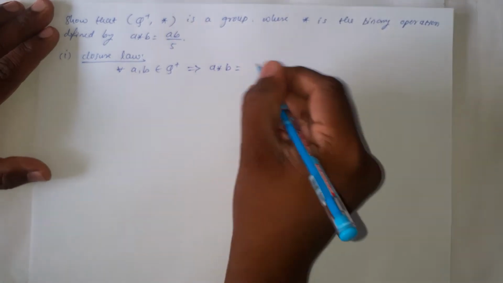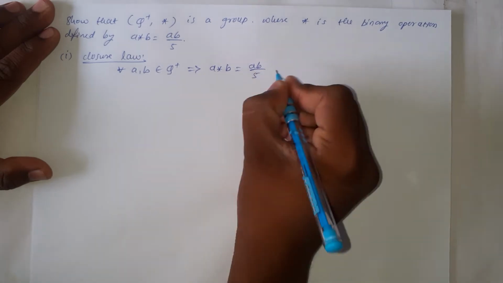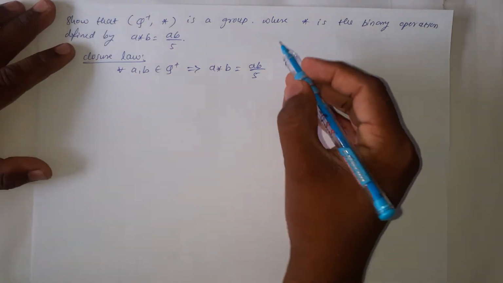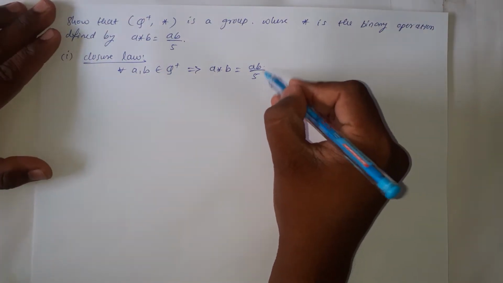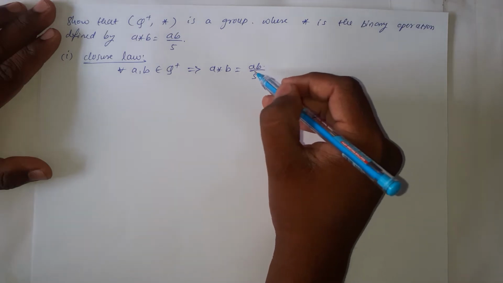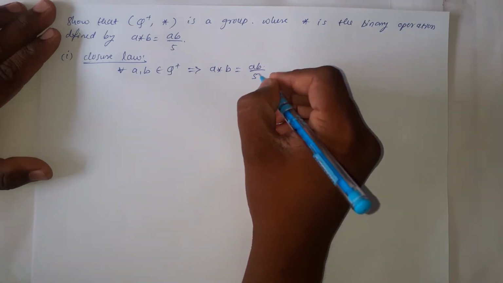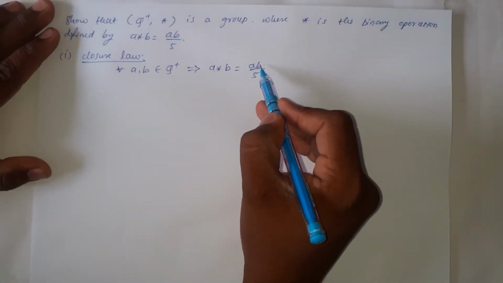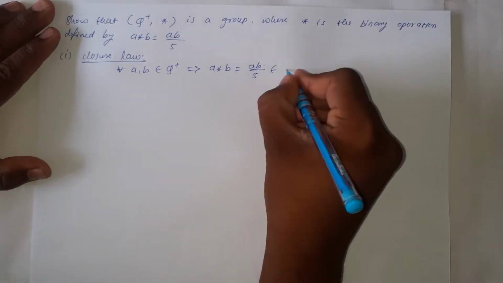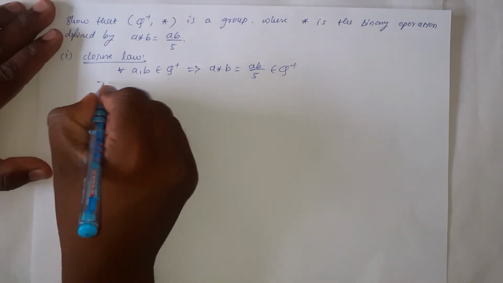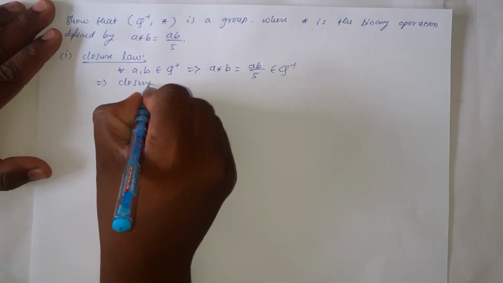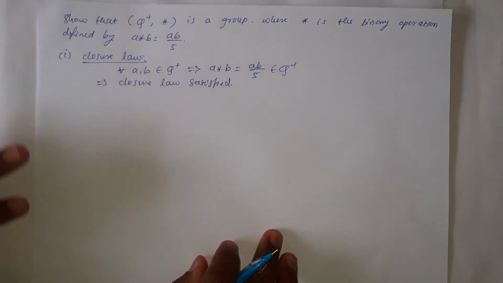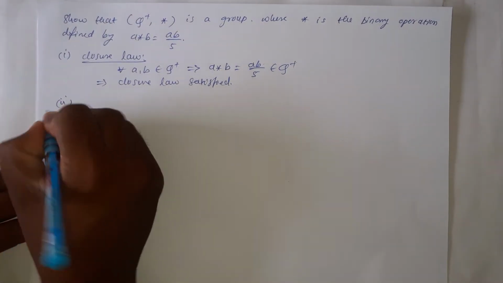So here A star B is defined as AB divided by 5, which is in the form of P by Q, where Q is not equal to 0. So here the numerator and denominator both are non-zero numbers. So therefore we can say that it is also a positive rational number, because A and B are positive means the product of A and B must be positive. So therefore this belongs to Q plus, then it implies that closure law satisfied. Closure law satisfied. Then second one is